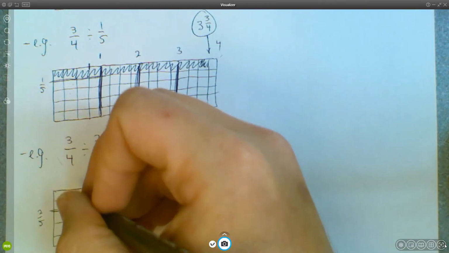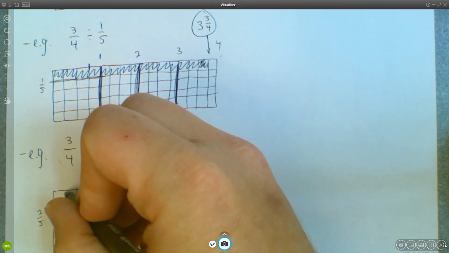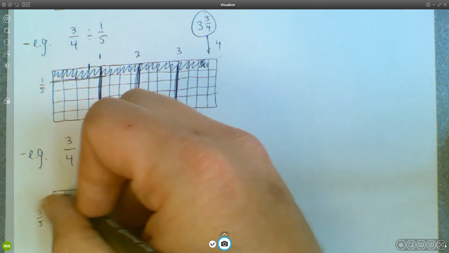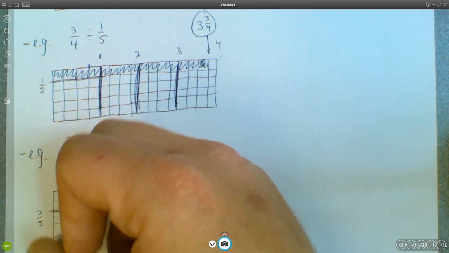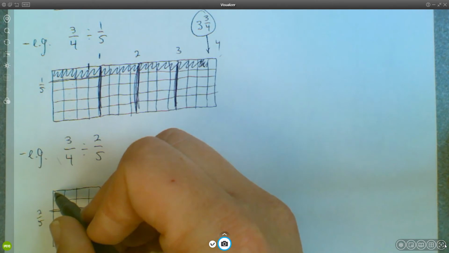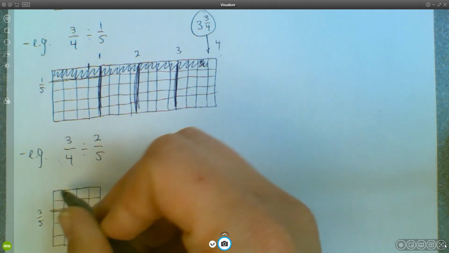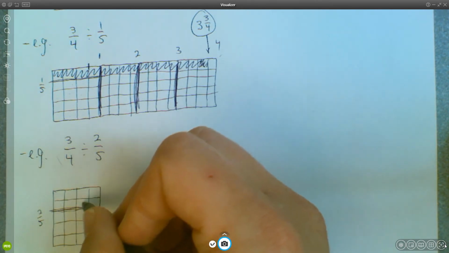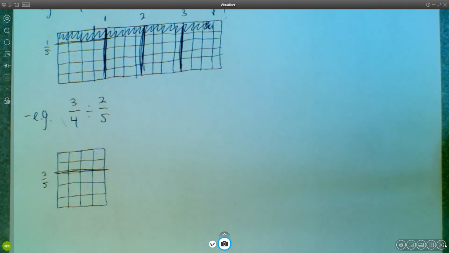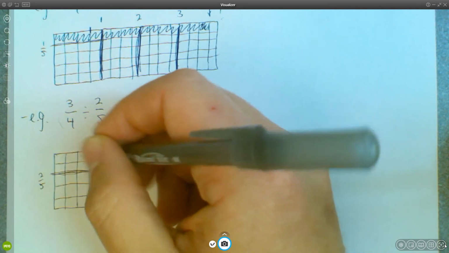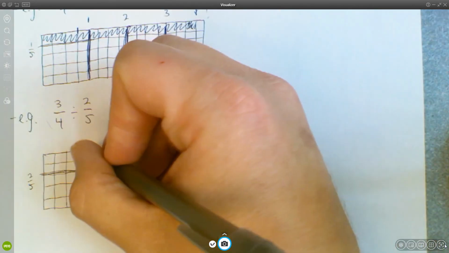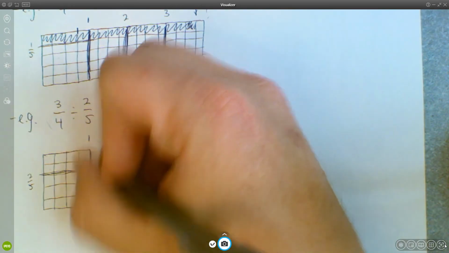And again, I need 3/4. That means the area that I'm looking for is 15, right? 1, 2, 3, 4, 5, 6, 7, 8, 9, 10, 11, 12, 13, 14, 15 of these little boxes. So if I take this entire 2/5, that's going to give me 1, 2, 3, 4, 5, 6, 7, 8 20ths. And that's not enough, because I need 15 20ths. So let me hand myself another unit